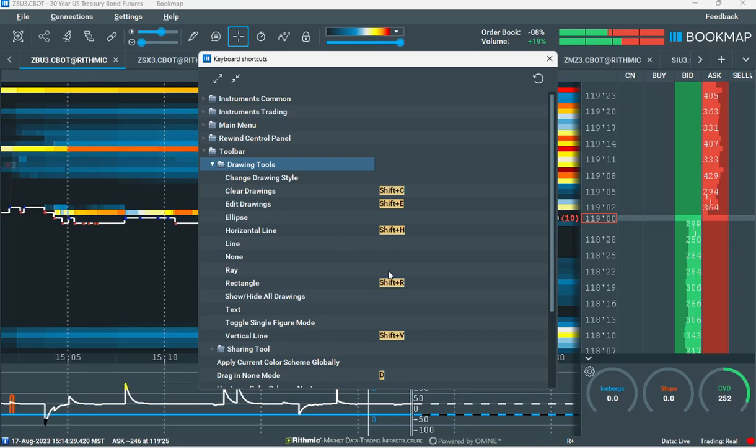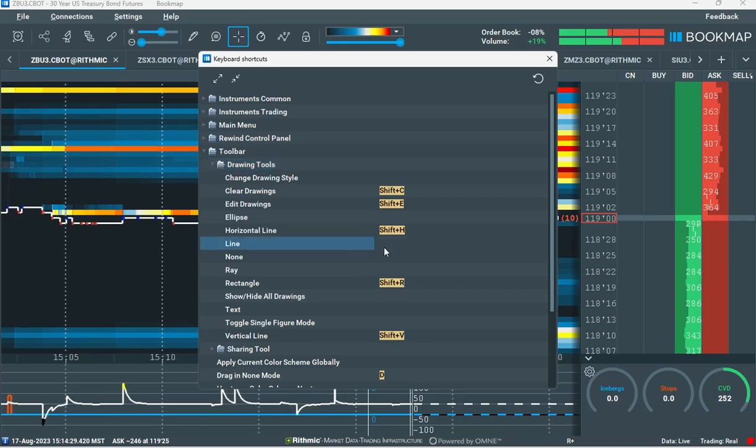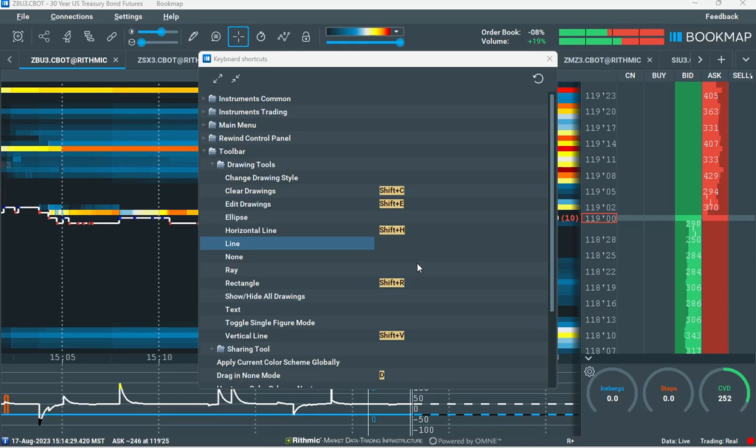You set that up, so you click on, say I want line. So you click on whatever you want to change. You left click on that, and then you right click, hit add shortcut, and then where is